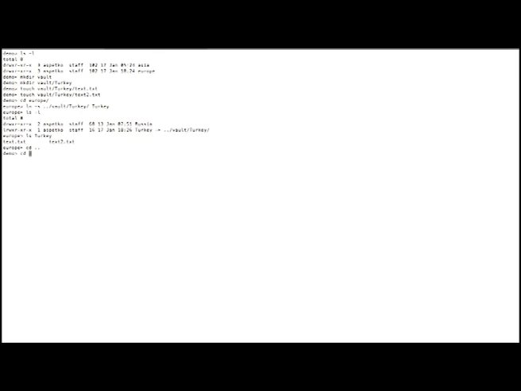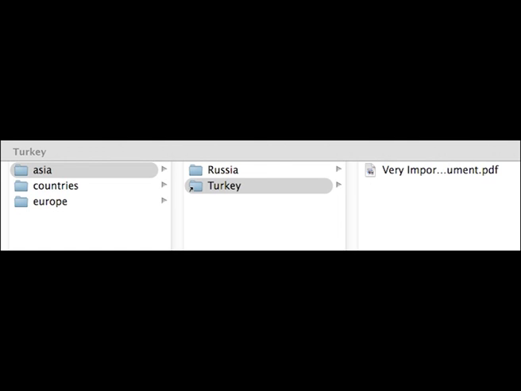Now let's do the same with Asia. As you can see, the link was successfully created. Here you can see how it looks like on a Macintosh.